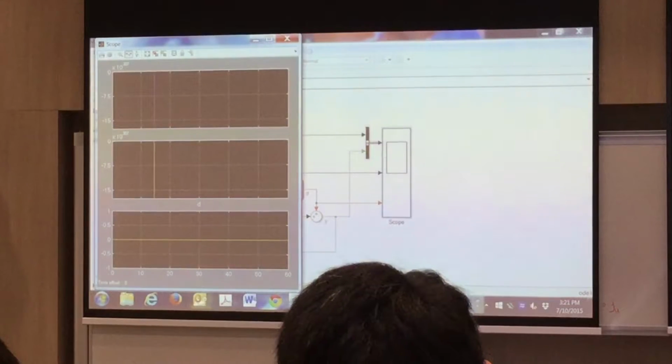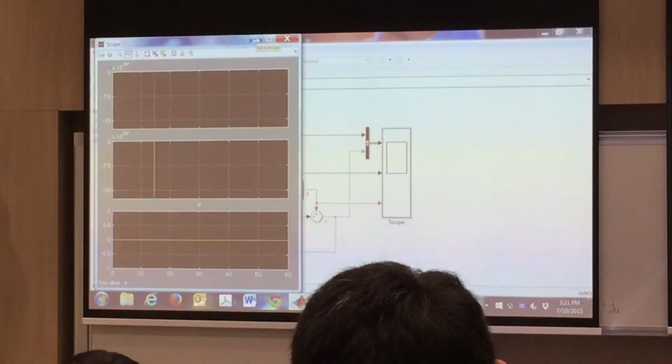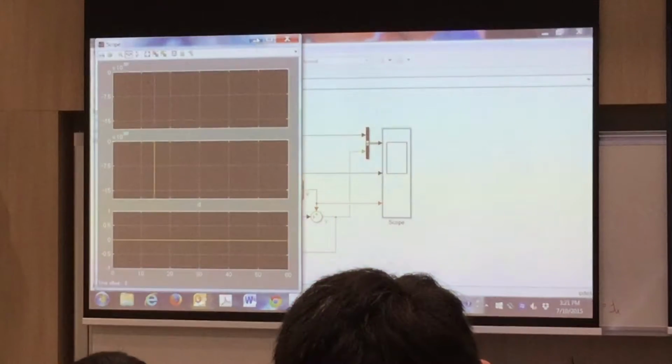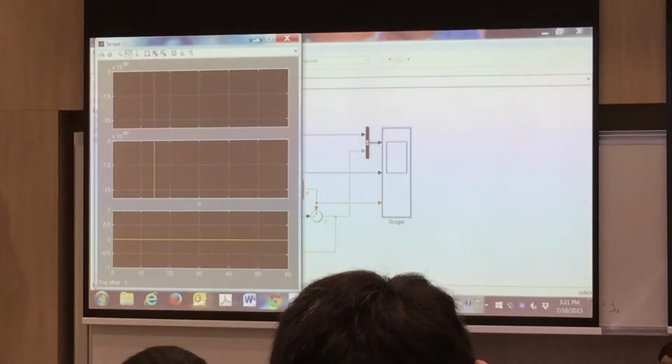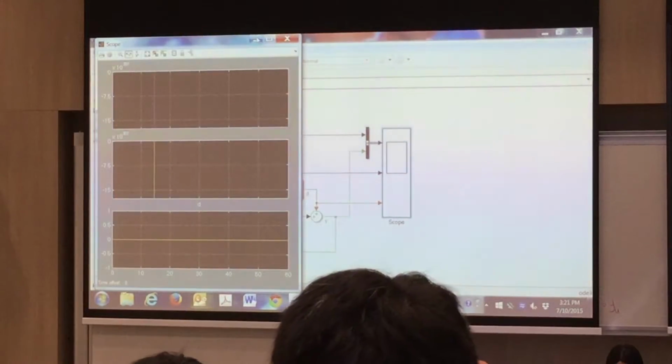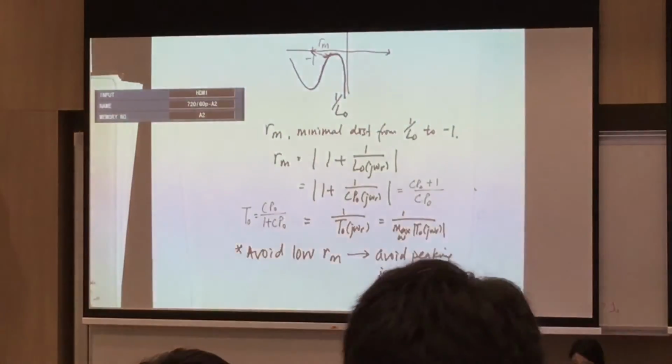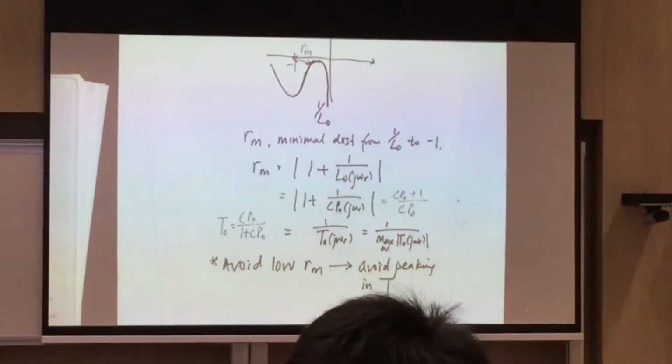Alright? So this is just to tell you why we want to stay far away from the minus 1 point. Okay? Alright, if you can understand this,